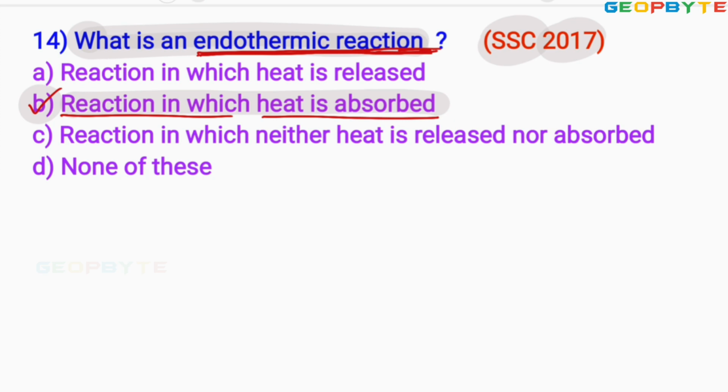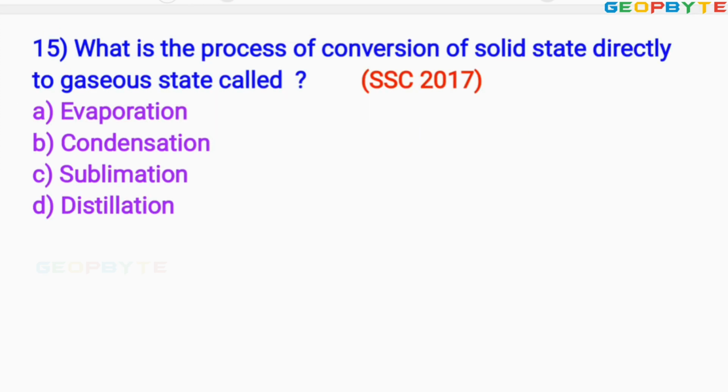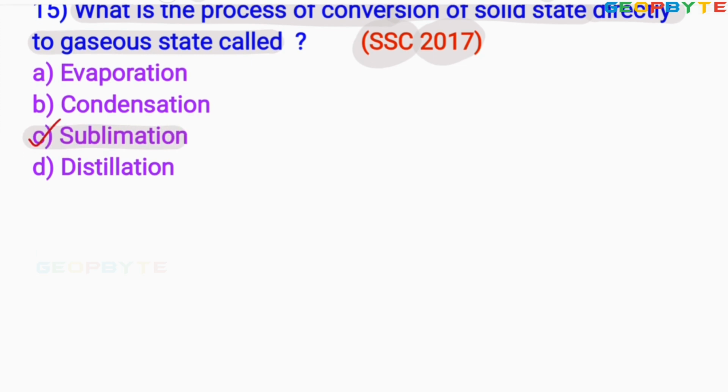Let us take the next problem. Look at the 15th problem, was asked in 2017 for SSC exam. Asked like this: what is the process of conversion of solid state directly to gaseous state? It is sublimation. Dear friends, there are different phase change processes, like evaporation,